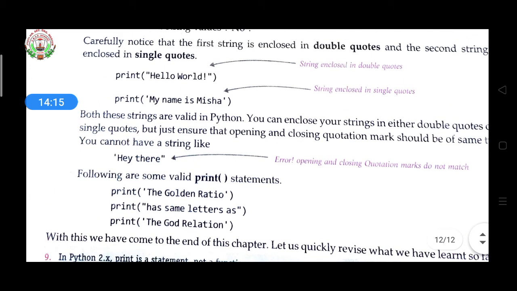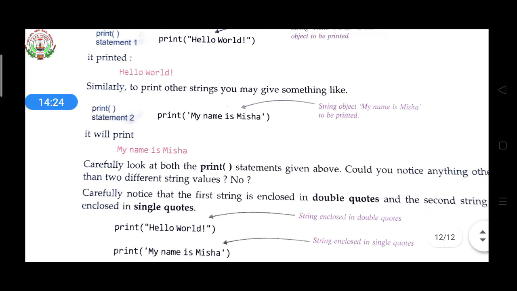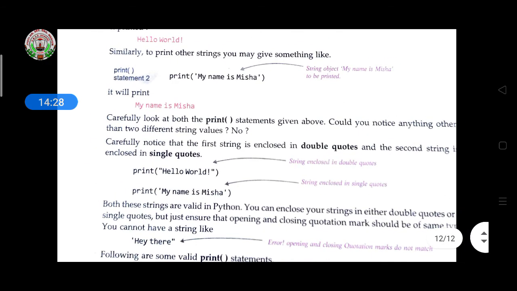Okay, so today the print function, console used, means how to use a print command. It is given here. If you want to show any line or any word on the screen, it will display with the help of this print function.